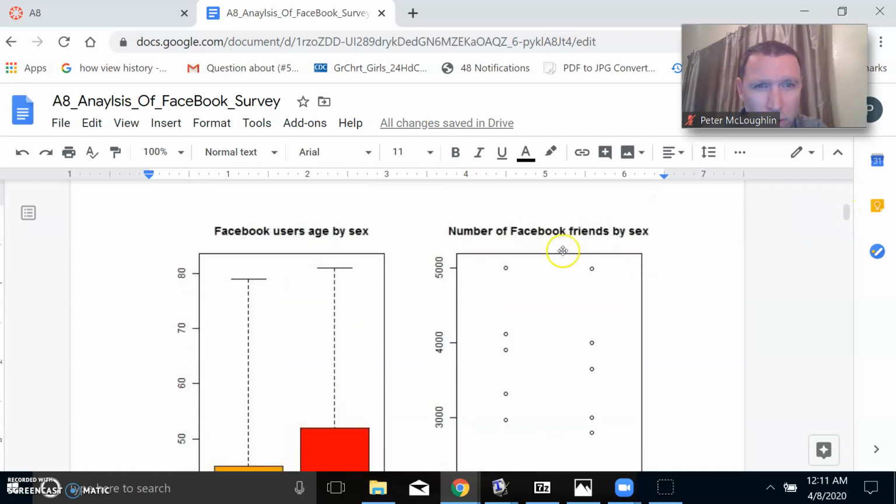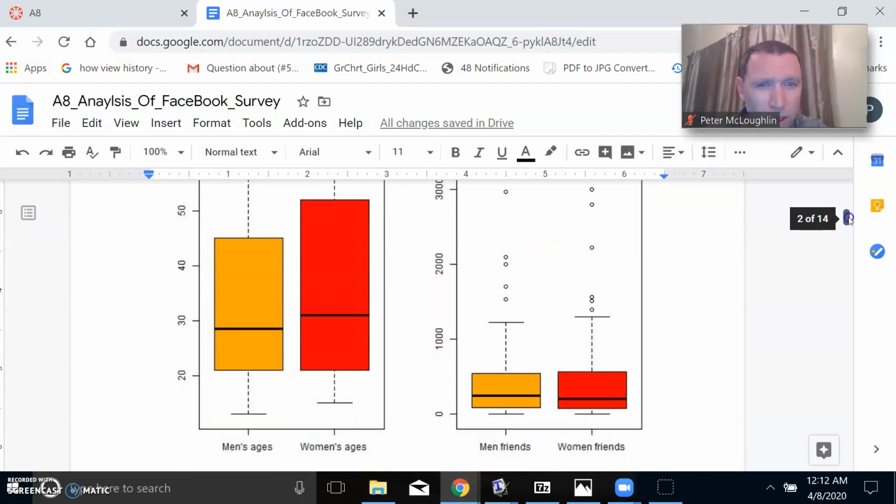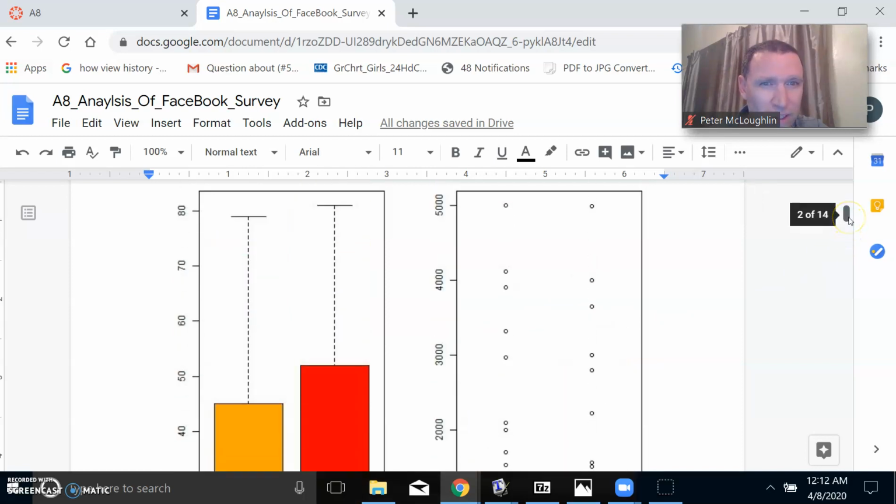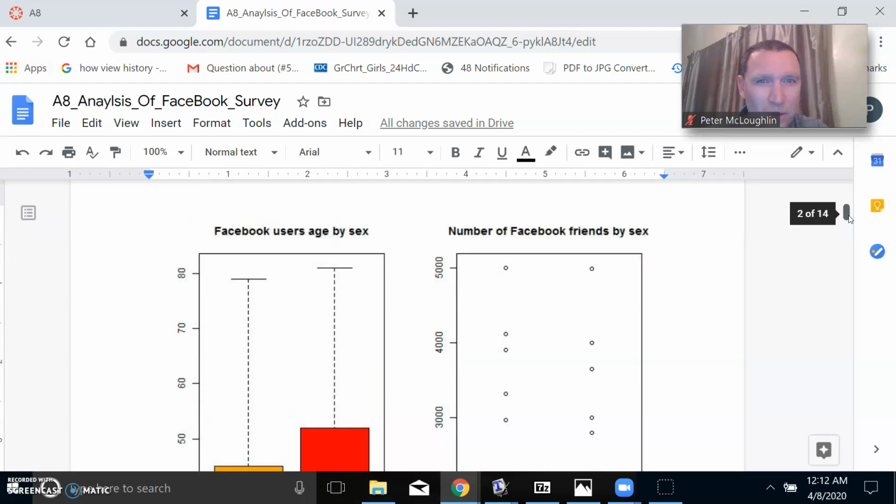There's the one right here, number of Facebook friends by sex. So you can see, looking at it, the box plots. Men friends, women friends here. It looks like there's no significant difference between them. The number of men Facebook friends and women Facebook friends is about the same. These box plots are very similar. Looks like men have a bit more, perhaps. Not really. It's about the same, pretty much. You're looking at the outliers. Yeah, they got about the same outliers too. So what we can say then is